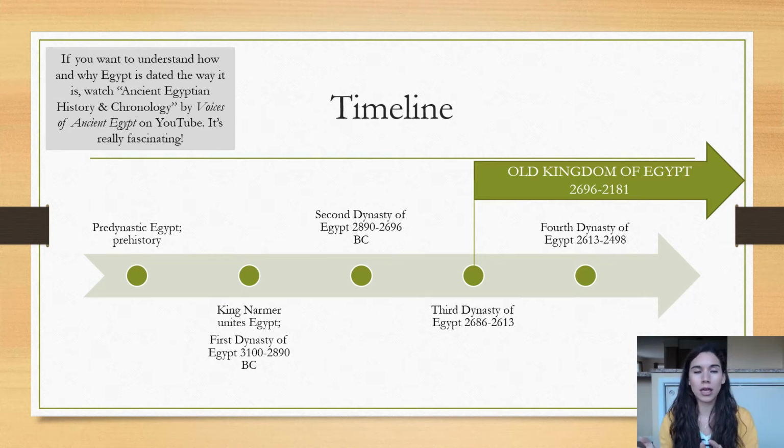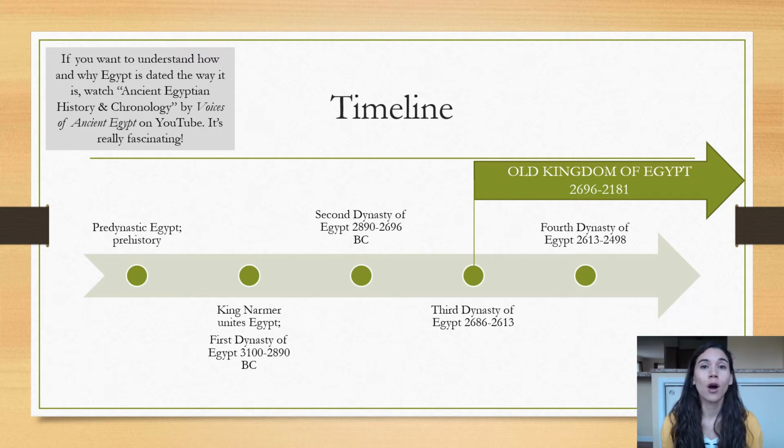So I want you to think about this, because it can kind of get confusing, as the kingdoms being books in a series, like Lord of the Rings or something like that. So you have the kingdoms, the Old Kingdom of Egypt being the first book in the series, and then the dynasties that fall under it as the chapters in that book. Unfortunately, the First Dynasty and the Second Dynasty didn't really make the cut, so just think of those as like a little prequel novella to Egyptian history.